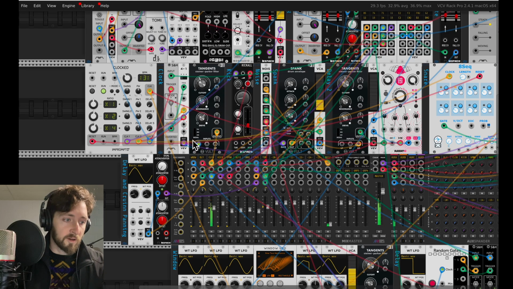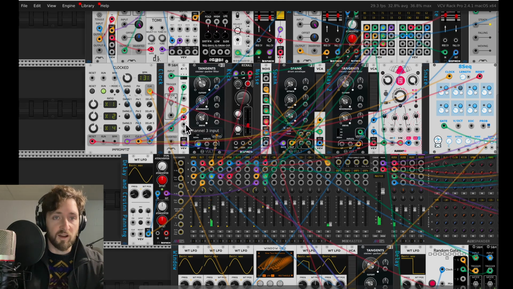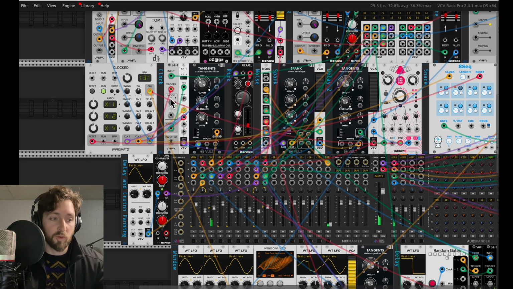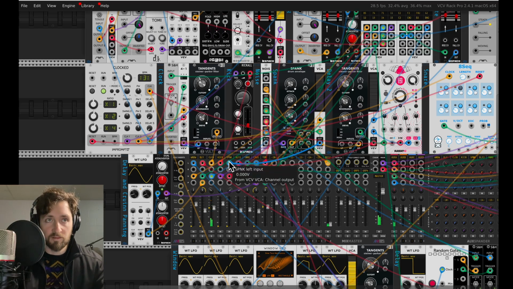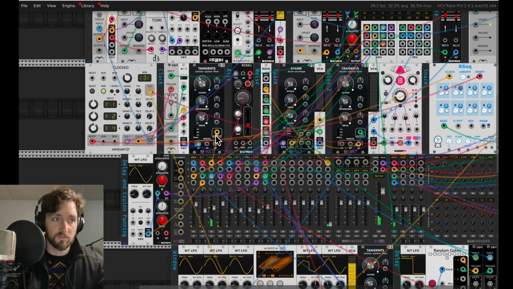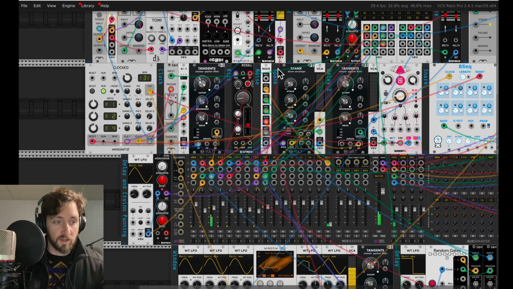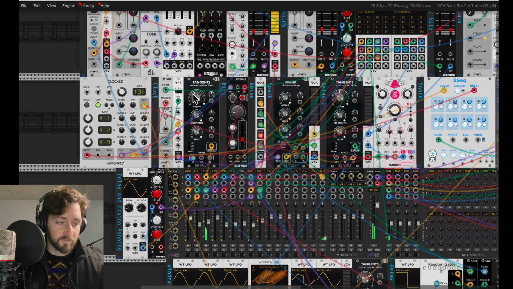Something to know with the clock is because it is just this on-off square wave, essentially you get double the clicks for whatever rate your clock is at. So currently this is taking just a quarter note pulse, but it would be coming out as eighth notes essentially. And then I have this connected to a switch, which is also then connected to this